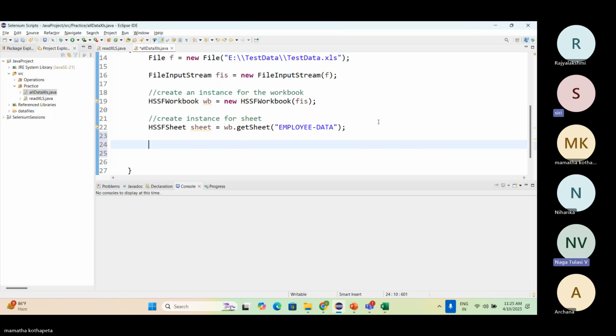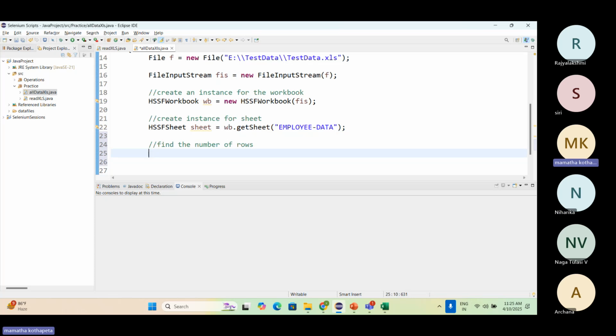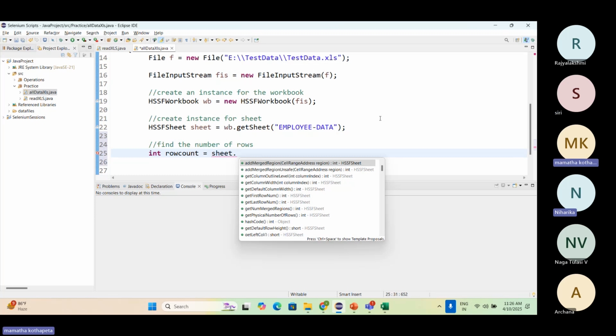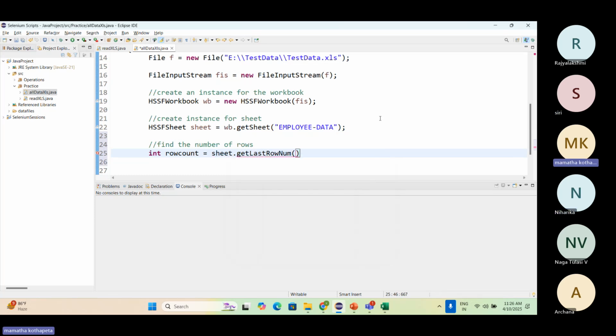Yes, please, Vinod, continue. Whenever you want the entire data to be loaded, you don't know how many rows are there in the sheet. First, find the number of rows. Obviously the number of rows will have an integer data type, correct? I'm assigning it as row count. In the sheet, get physical rows, first get the last row number,